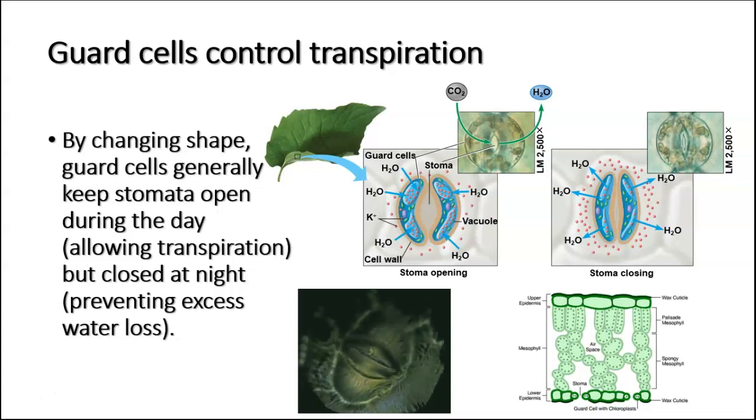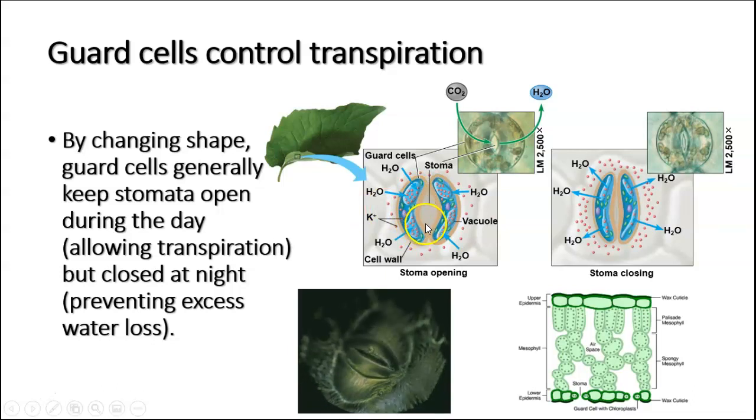The guard cells have two different types of cell wall. They have a really thick, stiff cell wall on the inside that's next to the pore of the stoma, the opening there, and a thinner cell wall on the outside. And what happens is they absorb more water. As more and more water is available in the plant, that causes the cells to swell,